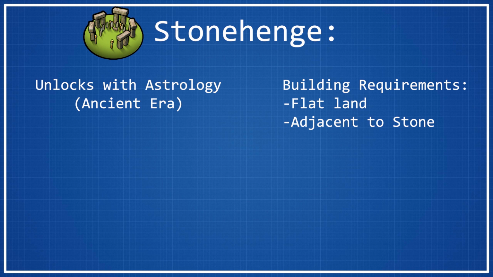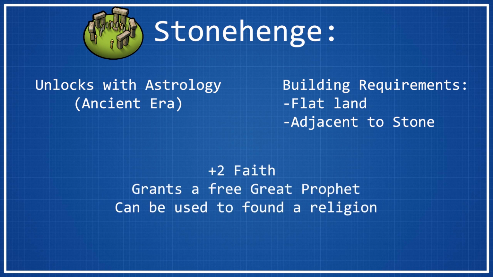But aside from that, the only building requirements are flat land adjacent to stone, so this is fairly easy to satisfy. The big thing there is just the adjacent to stone part, because you're not always going to be spawning near stone. I do find that stone is a very common resource though, so in most cases you will be able to build Stonehenge. Once you construct Stonehenge, the benefits it provides are +2 faith per turn, which is decently nice in the early game,